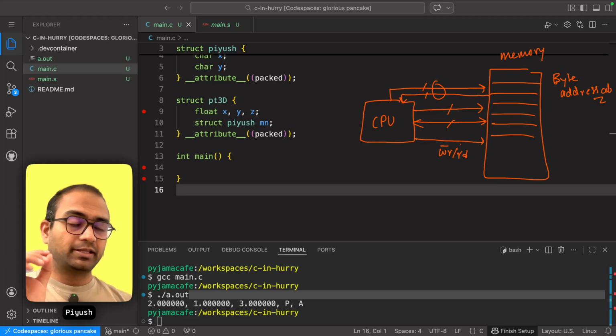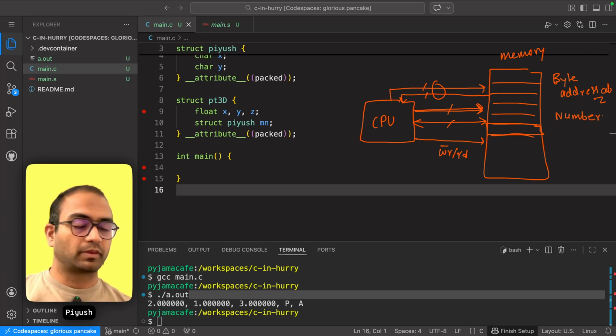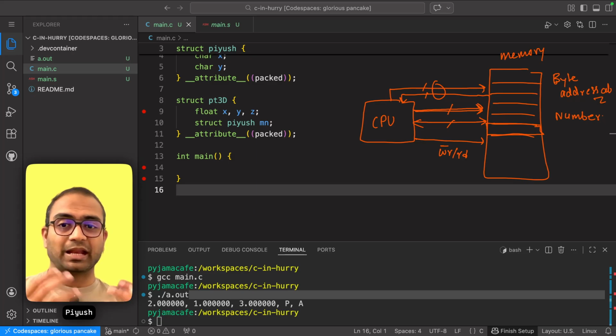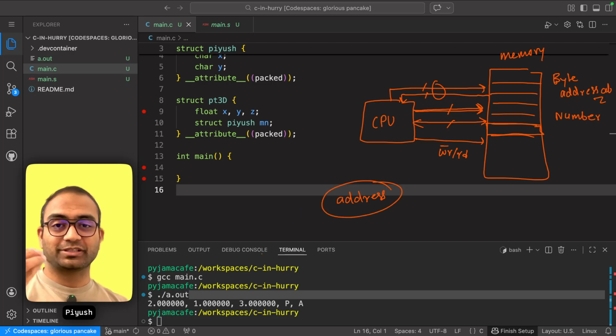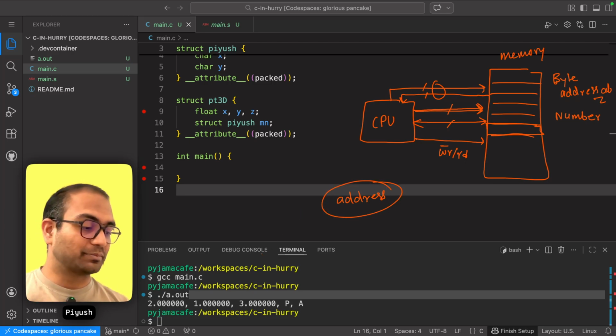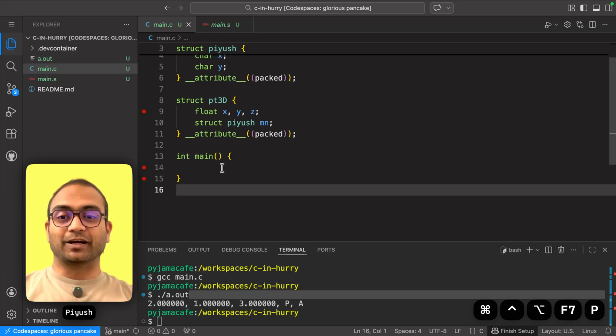The key thing I want you to now focus on is I mentioned that an address that we provide to the memory is a number. So it's a number, and now pointer essentially means address. That's it. So pointer really literally means a pointer is a number, and that number is treated or interpreted as an address. So just hold this information in your head right now, and let's go ahead and do some experiments,